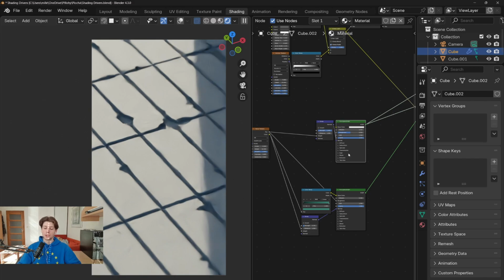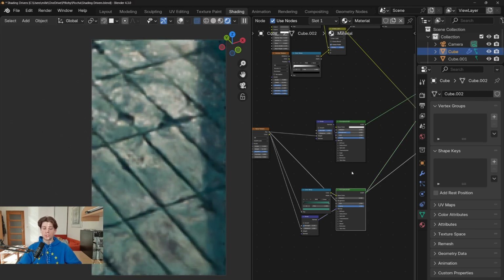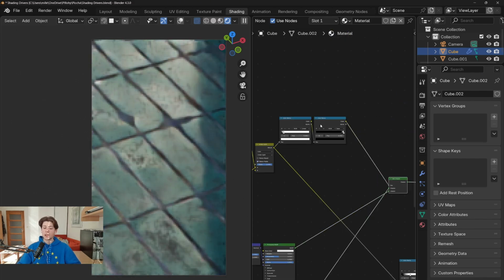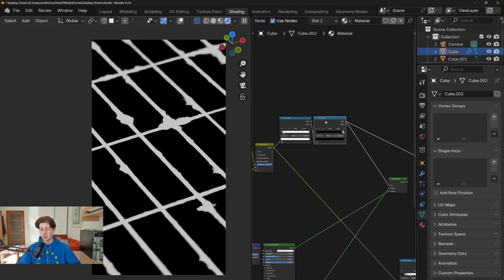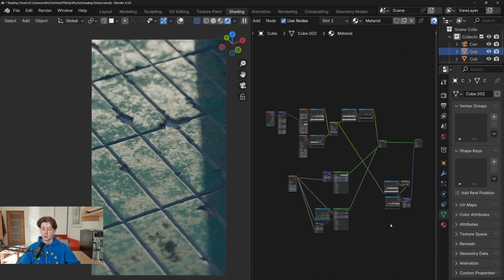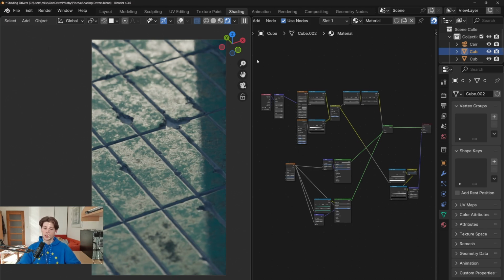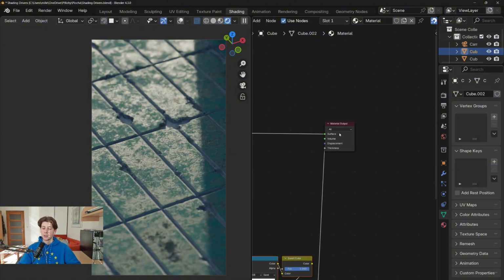As you can see, we have basically two Principled BSDF nodes, which basically represent two different materials, and we also have a mask to basically determine where each material should be displayed. Now let's say you are actually done with creating the material and you want to simplify the node setup. So what we can do is select all these nodes except the material output,